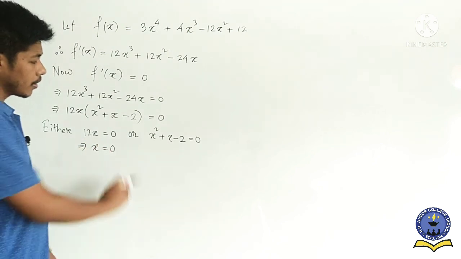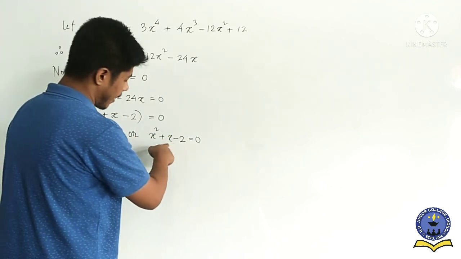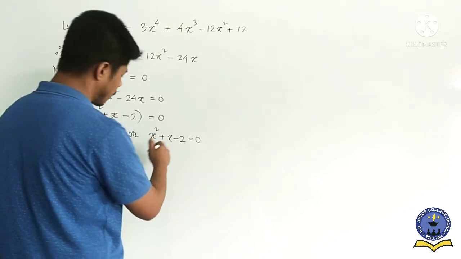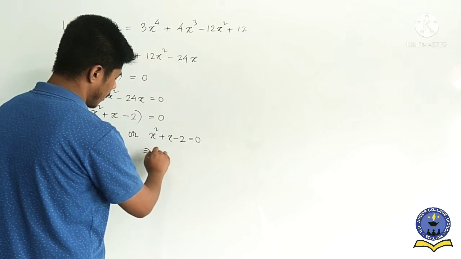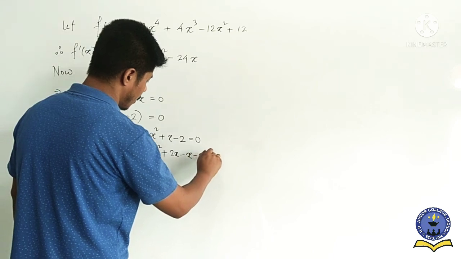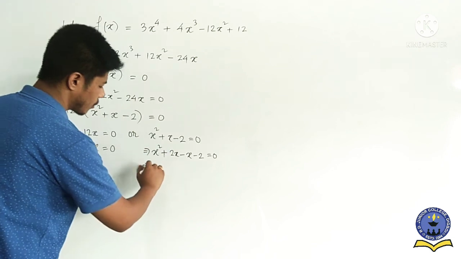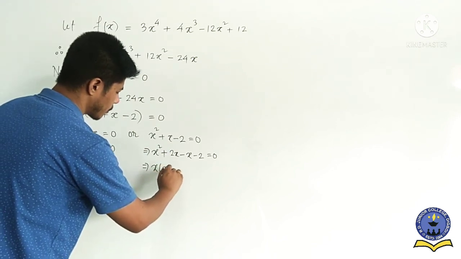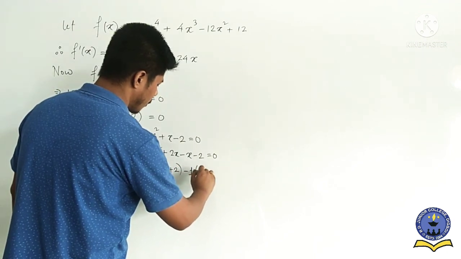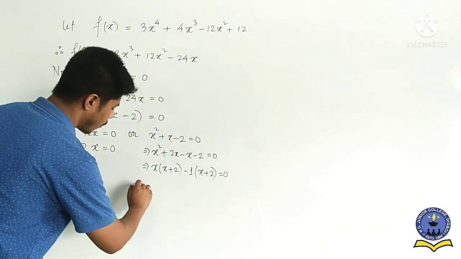In the next part, what you have to do is factorize this one. Here 2 is there, x is there, so we write 2 minus 1, isn't it? So we write x square plus 2x minus x minus 2 equals 0. From these two, x is common, so we write x plus 2. In the second case, if we take minus 1 common, then what will remain? x plus 2 equals 0. This one we get. And now from here, what do we get?